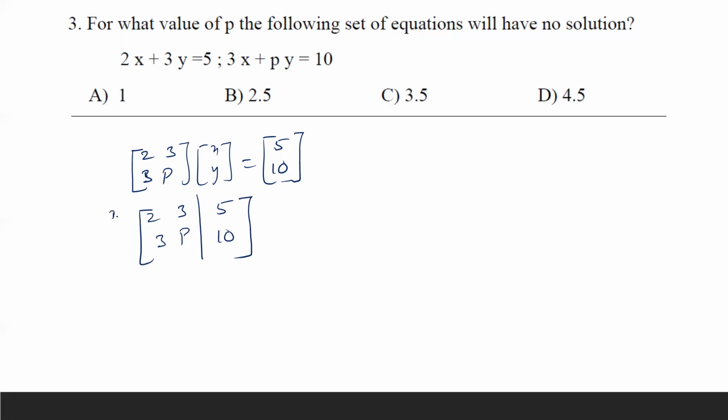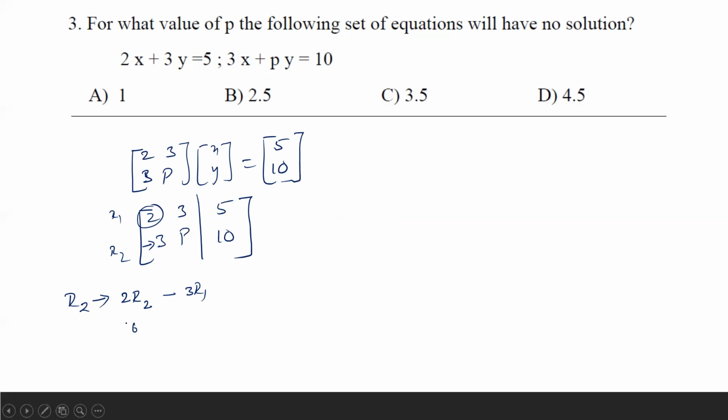So now, if you take this as R1 and this as R2, using this 2, let's make this 3 a 0, right? How can we do that? This is R2, right? So let me multiply R2 with the 2, so that here we'll get it as 6. Then to get a 6 there, let us multiply R1 with 3. Then you can take a difference between these two. Now you are writing like this, R2 changes to 2R2 minus 3R1.